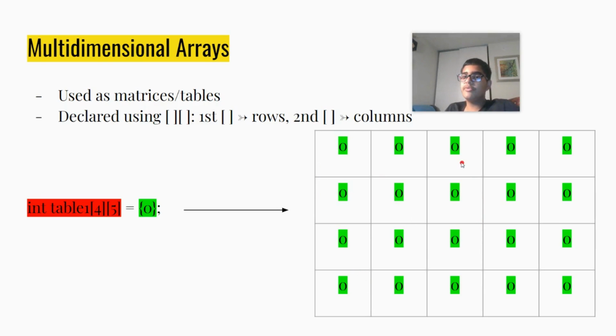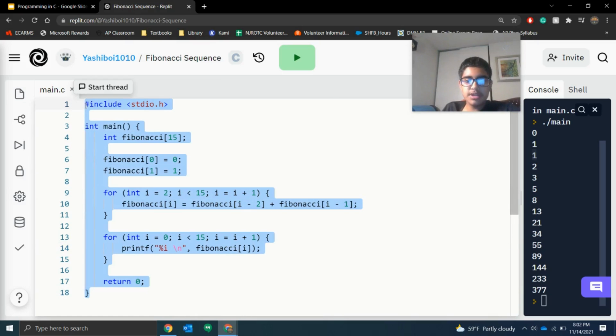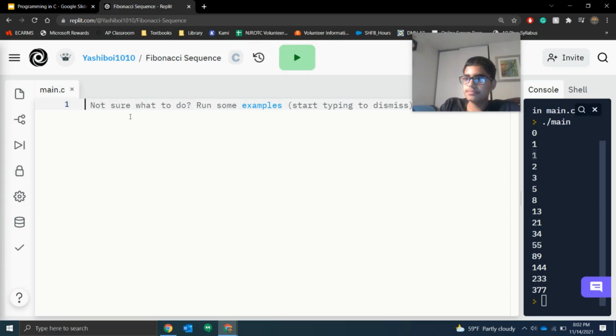This is really helpful when you're working with a lot of data, and we'll look at an example now. Let's assume that we are a student and we're making a transcript. We want to store data from our 2 semesters for 6 classes. You probably would declare 6 different arrays and then add the 2 semester grades to each array. But instead, we can use a multi-dimensional array to store it all in one variable. All right, so let's take a look at it. Let's delete this from our last program, and we're going to just